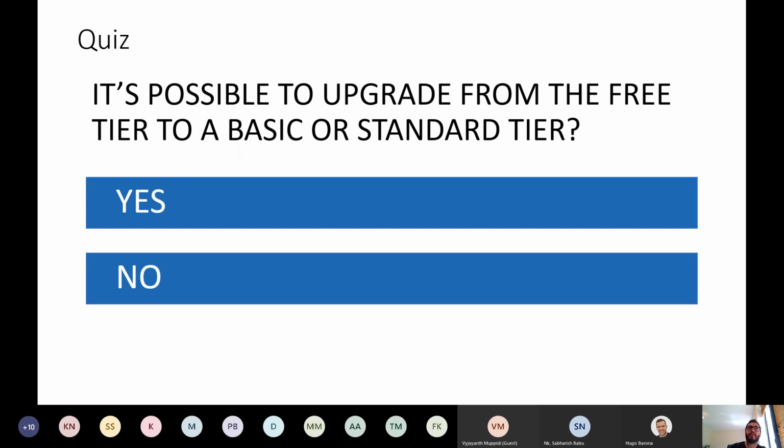So first question here: it's possible to upgrade from the free tier to a basic or standard tier. The main reason I'm doing this quiz by the end of the session is that, using the material provided by Microsoft and the materials provided by this session, you can prepare yourself for the AZ-220 certification. So some basic questions around this will be displayed here during the session. If you want to type anything in the chat, I'll be happy if you have any guess. If not, we can just jump to